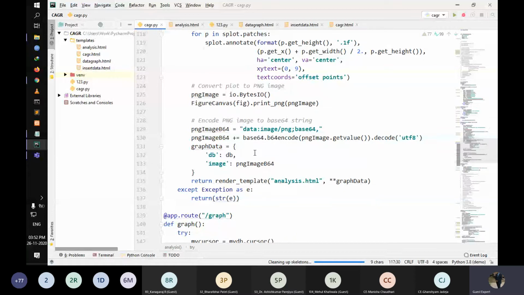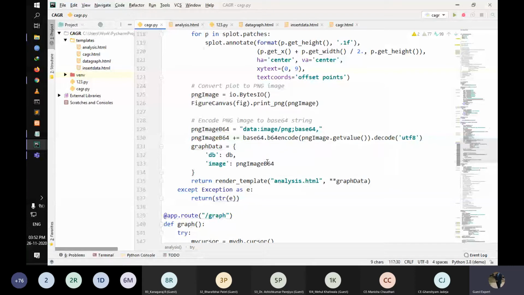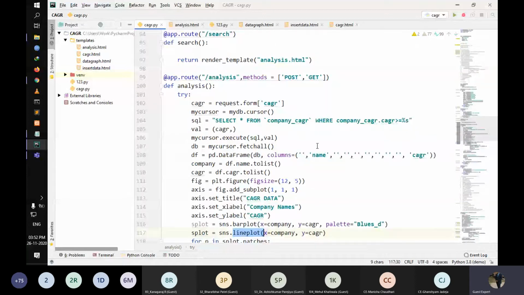Right now we are converting our file using the base64 library. So they are not stored anywhere else in our system. They are only represented. So every time many persons are requesting us, we are not creating an image file, but directly converting and representing it. We're using the base64 library. So right now this is our whole project. Just run it.